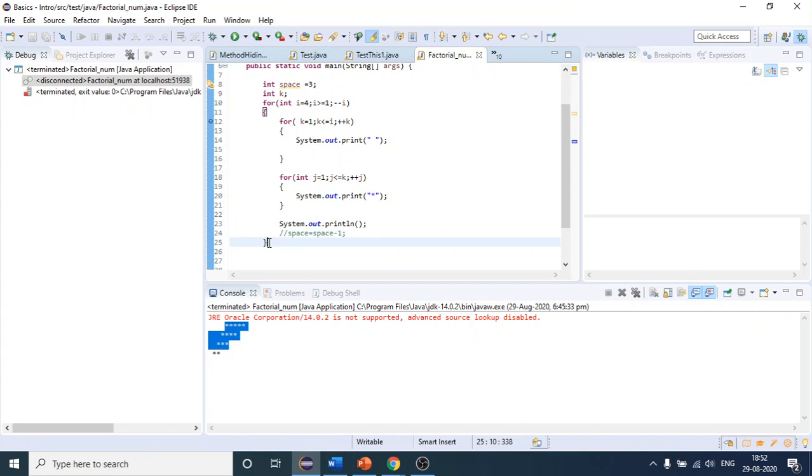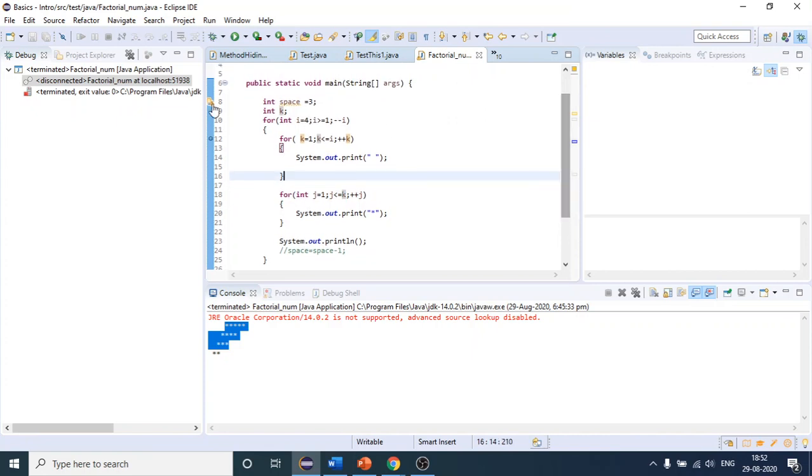Okay, so any more queries? I think, see, where I'm saying j equals to, I'm not getting it. Please tell me the line number. Where? Okay, right.